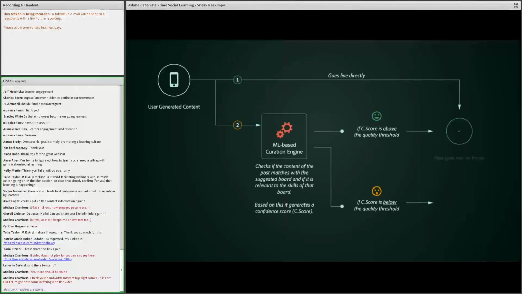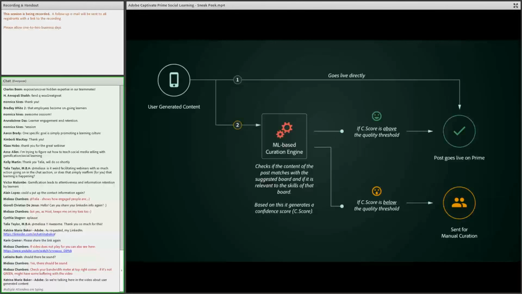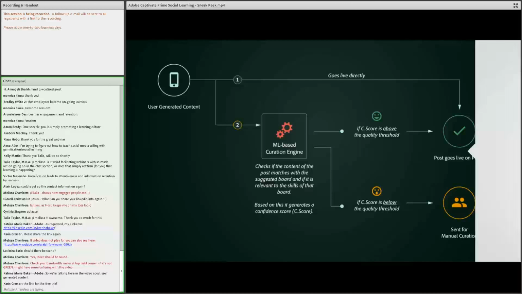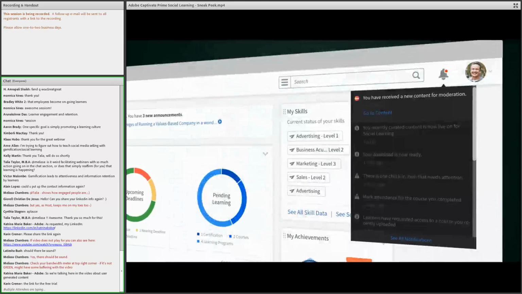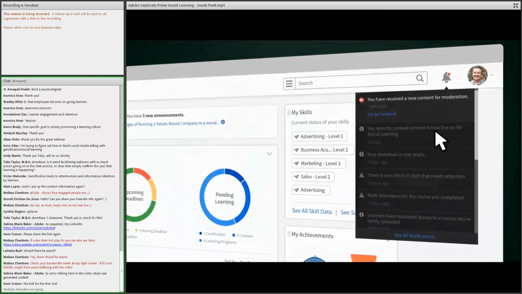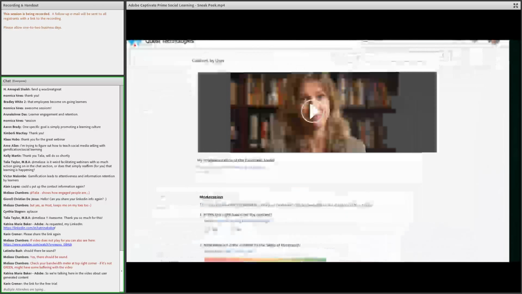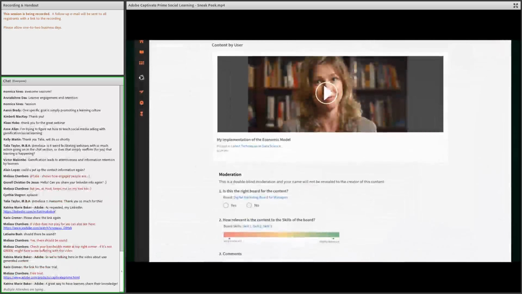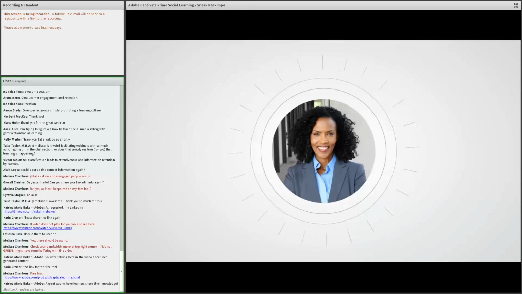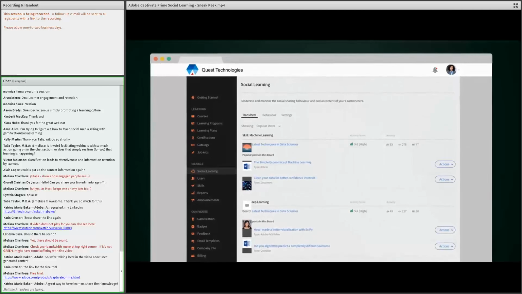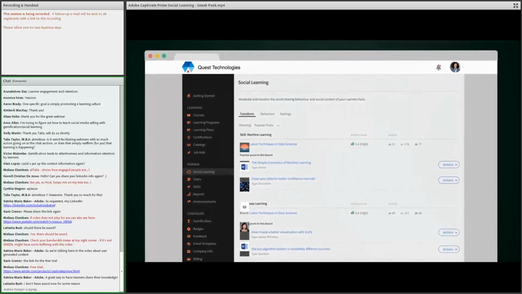A machine learning algorithm determines if user-generated content needs curation. Harold is a subject matter expert who is assigned to moderate content that does not pass through the machine learning algorithm. When he logs into Captivate Prime, he's notified of a curation request. Here, he can approve or disapprove of the content. Meanwhile, Nicole, the LMS administrator, gets an overall view of the skills and boards active within her organization.